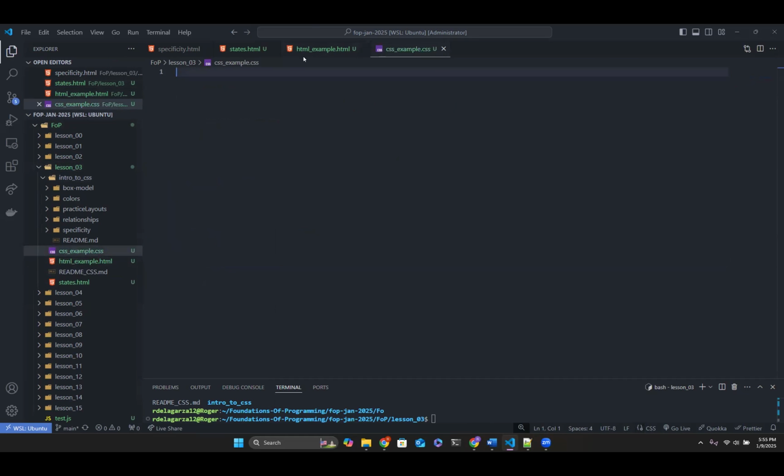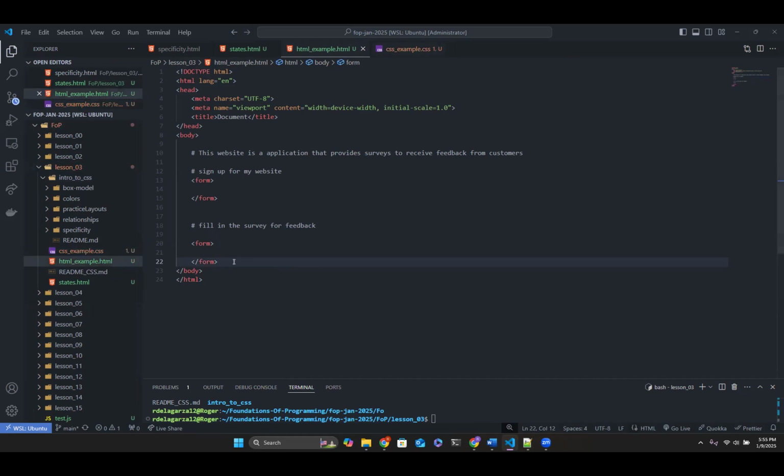If in my CSS file I try to do form, this is going to format all the different form tags in my website, which I don't want, right? These should have their own individual styling. This is just how I want to set it up. I want these to be very unique. So how can I ensure that this has its specific styling and this has its specific styling?